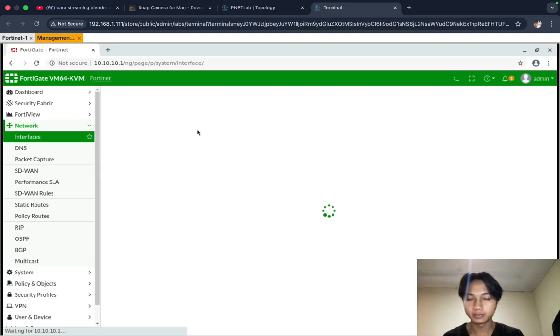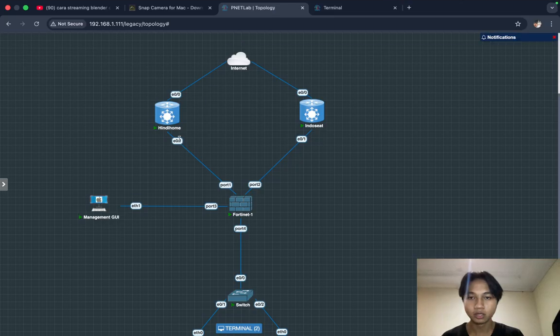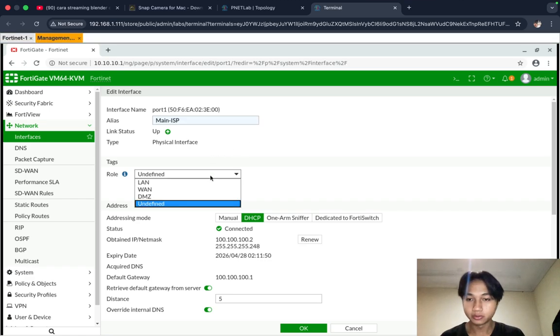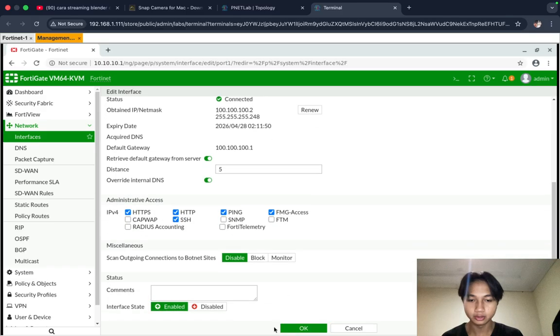We can click edit, and then I will set the alias. Alright, I will use main ISP because I want to make this Hindi home the main ISP, and this is for the backup. Right, for role I will use WAN. This is DHCP, and then okay.